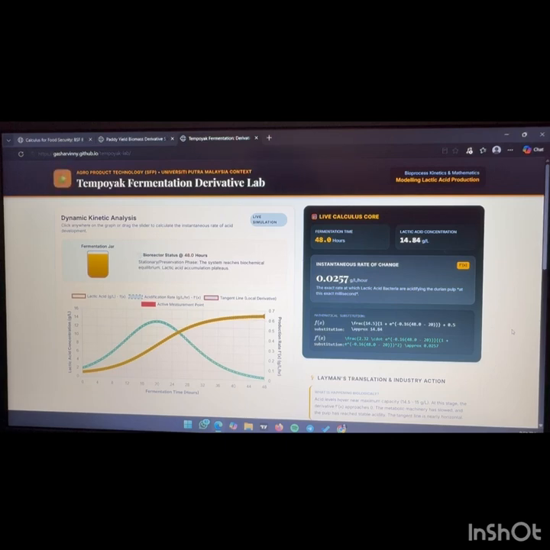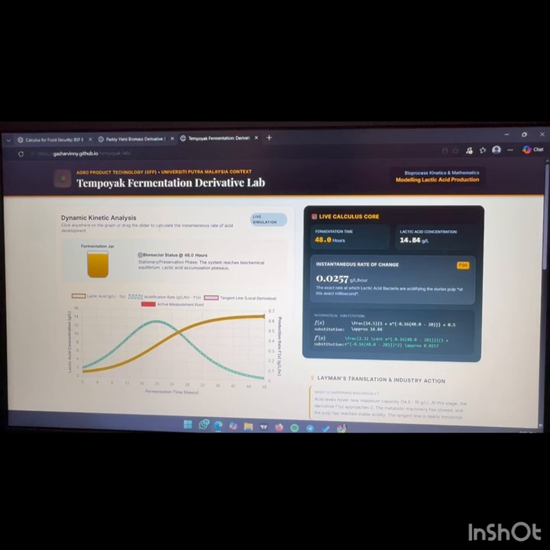Secondly, we have a probiotic source: isolated resilient indigenous lactic acid bacteria (LAB) strains with high survival rates in human gastrointestinal tracts. Thirdly, we have starter cultures. This enables standardization of local industrial starter cultures for dairy-free yogurts, reducing dependency on imports. Now, I will explain the meaning of each point.